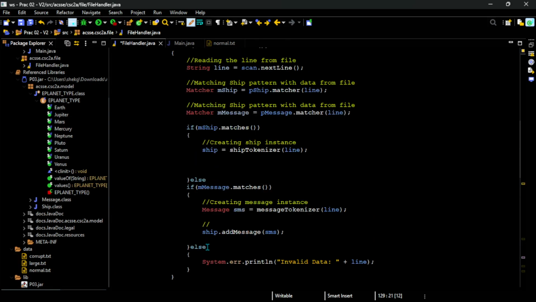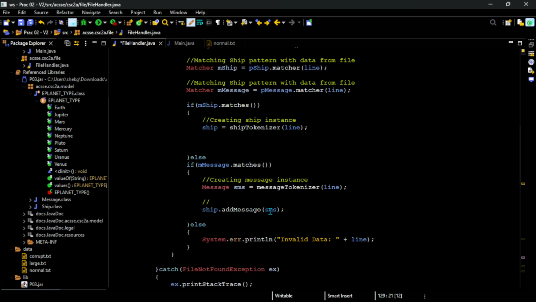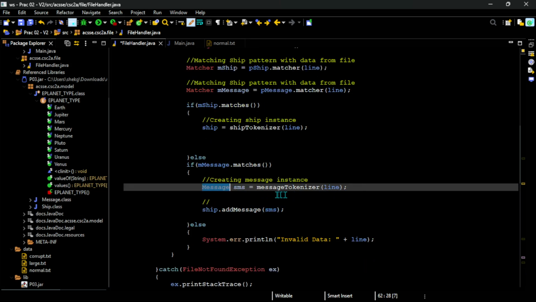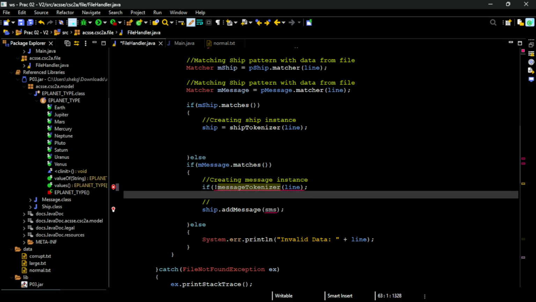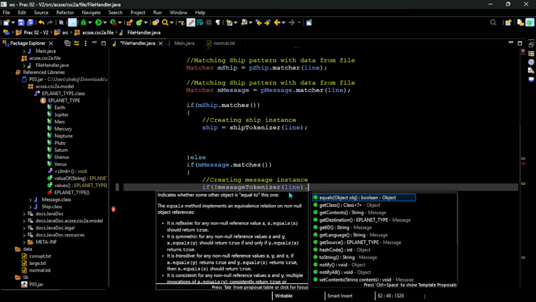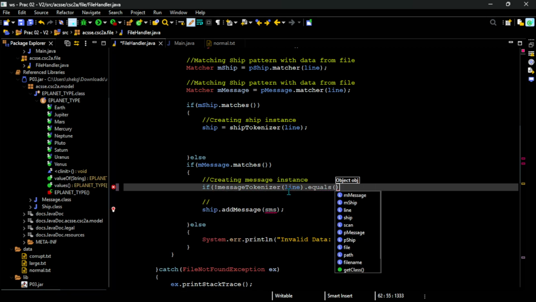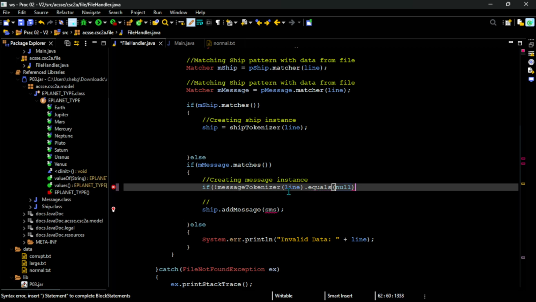So here, that means I'm supposed to check before I even add the thing to the other thing. I'm supposed to check if this message is null or not. And how am I going to do that? Now that I think about it, I don't even need to assign this, right? I can say if, for example, is not, okay, hear me out, but equals, right? If it's not equals to null,